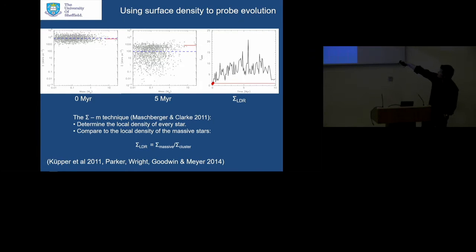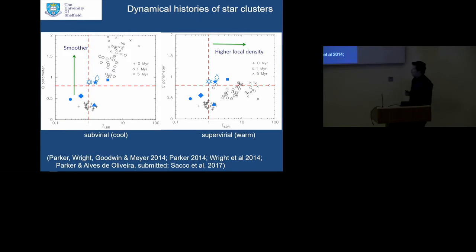We can plot this evolution over time, and it's always significantly above unity, the difference between the most massive star's density and the surface density of the remaining stars. What can we do with this? Well, we can then incorporate the information that we have using the Q parameter. So this is structure versus the relative surface density of the most massive stars. Q parameter here, again, below this horizontal red dashed line is substructure, above it is smooth, and relatively higher than average surface densities going to the right in both plots.